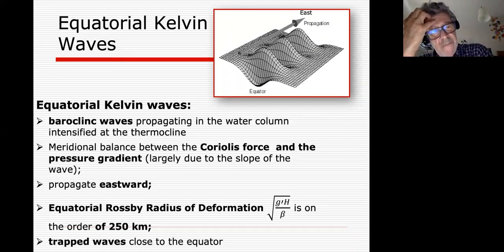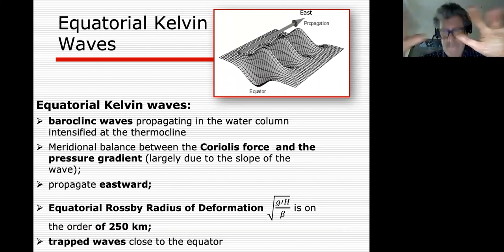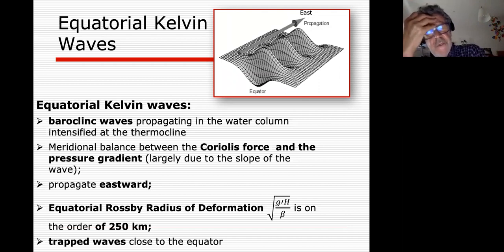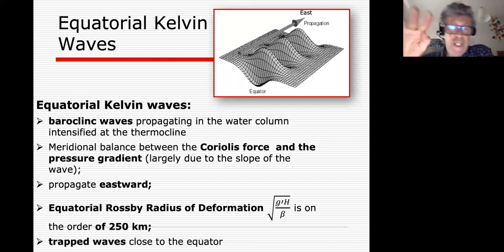Equatorial waves are baroclinic waves. I mean that their intensity varies with depth, and they propagate all over the water column, but they are more intense at the thermocline. So if you want to capture the signal, if you look at the thermocline you have a very clear signature of the passage, for example, of the transit of the Kelvin wave, while at the surface the signature may be less intense.